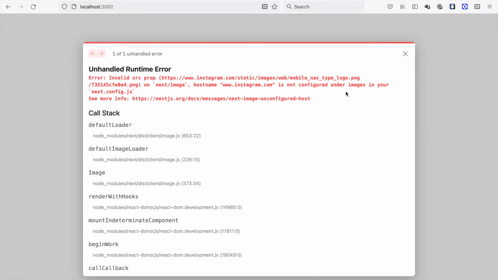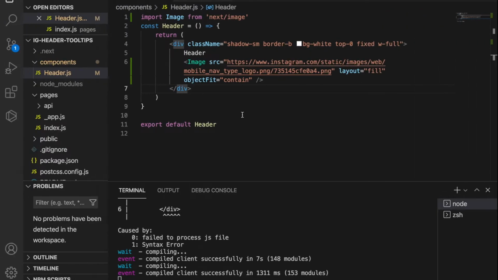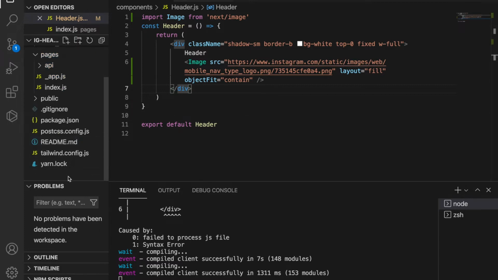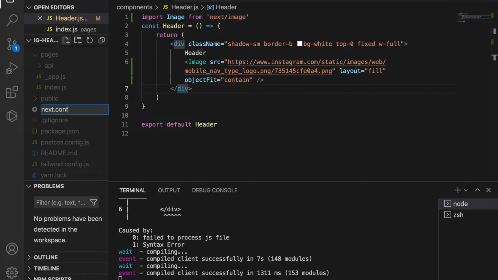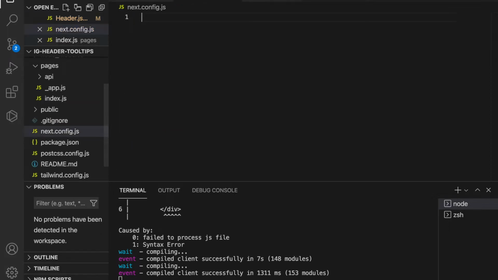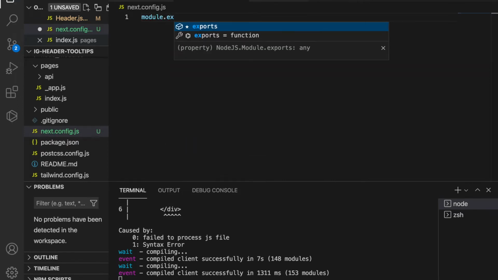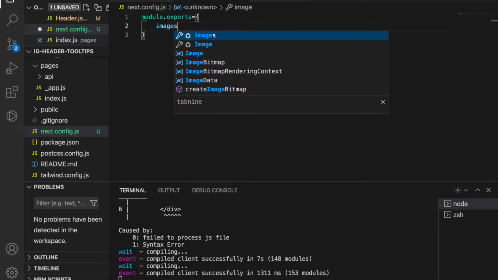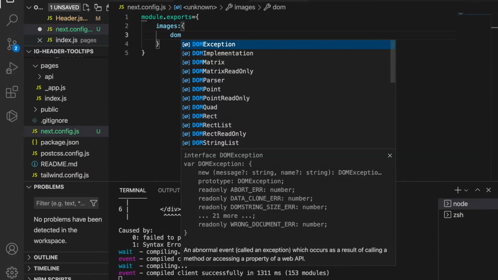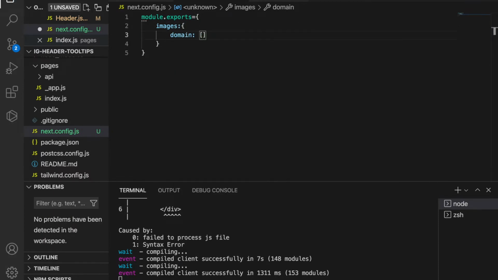name is not under the config file. So we need to copy this name, and then we go back to our project and create a new file called next.config.js, and under this we type module.exports, and then we type images, and then we type domains, and then we paste the domain name here